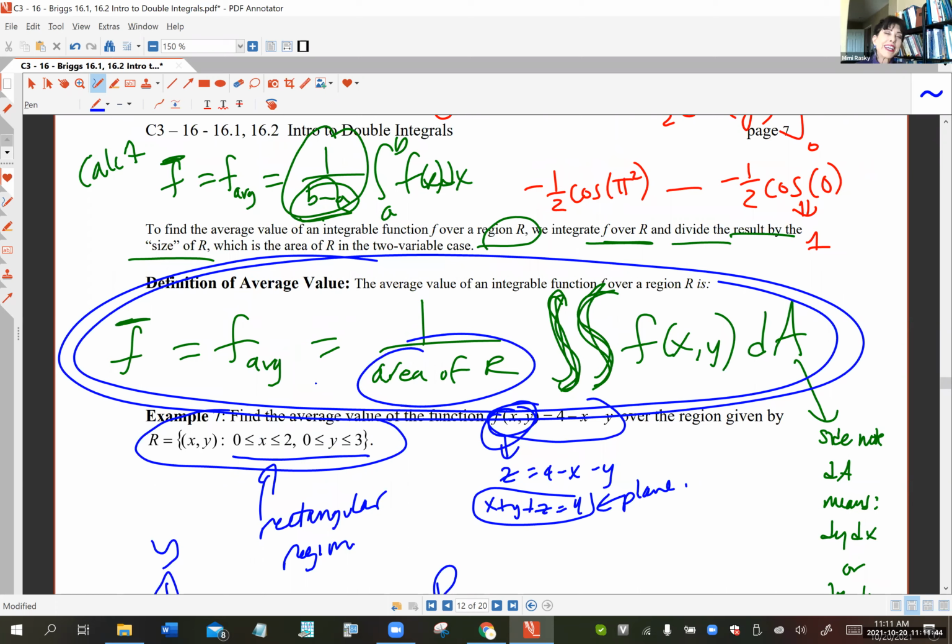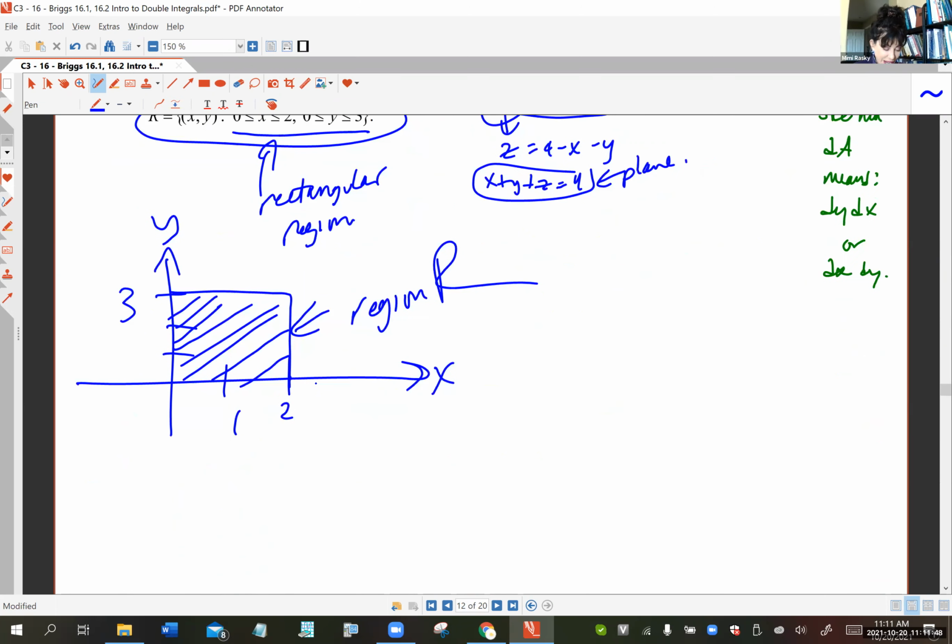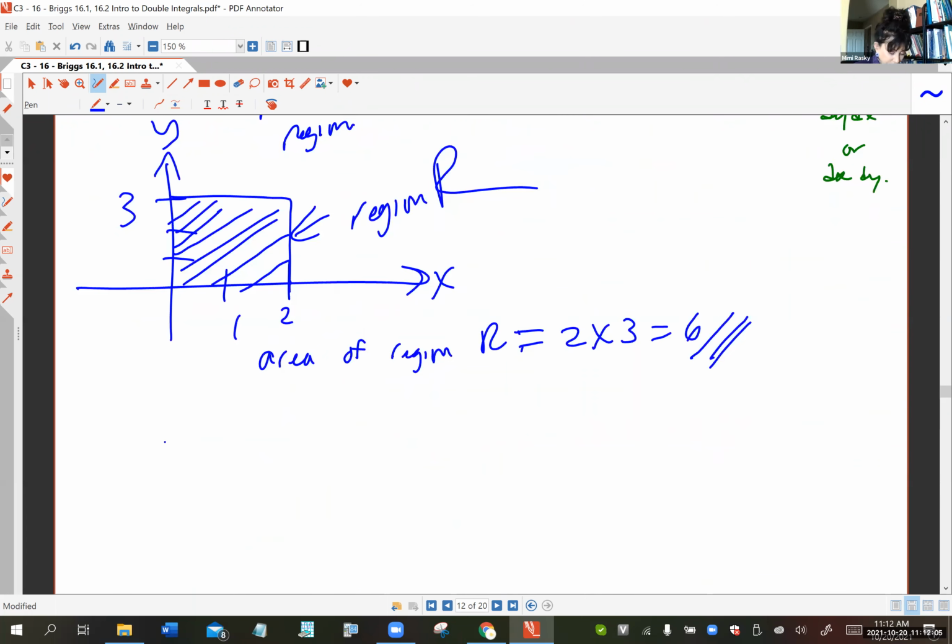I think we can find the area of this region R because it's just a rectangle. So what is the area of the region R? We don't even have to use calculus for this. We'll just use 5th grade math. Length times width. 2 times 3, which is 6. So then your F average is going to be 1 over the area, which we just got, 6,